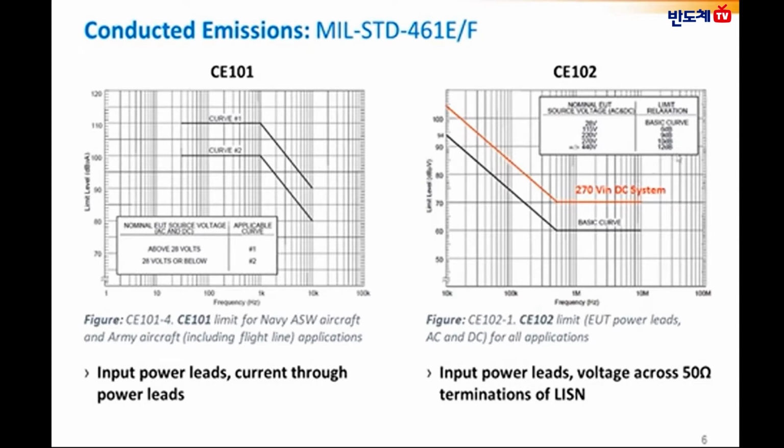Curve 1 is the limit line for systems with input voltages greater than 28 volts, whereas curve 2 is the limit line for systems with input voltage less than or equal to 28 volts. The figure on the right side is CE102 conducted emissions as per MIL-STD-461E or F,